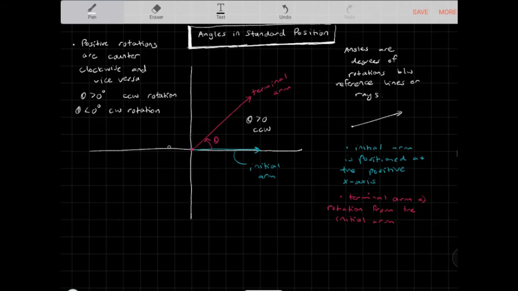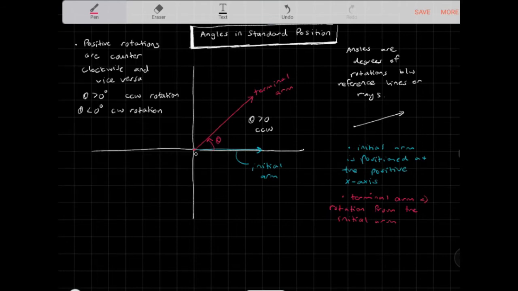You can see that it's basically going this way. The terminal arm was positioned here, for instance. Let's say it was located here. A negative rotation would be like that. So this would be negative theta, okay? That would be a clockwise rotation. Now, anyways,